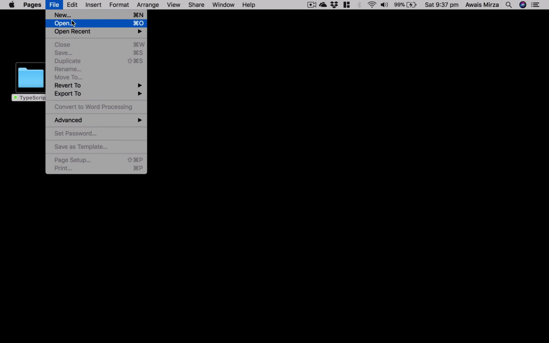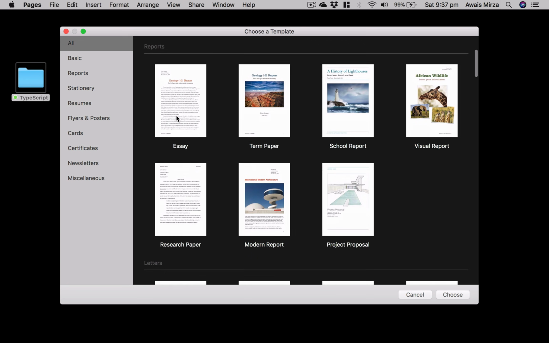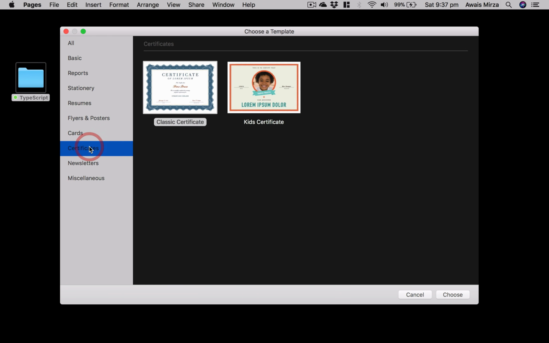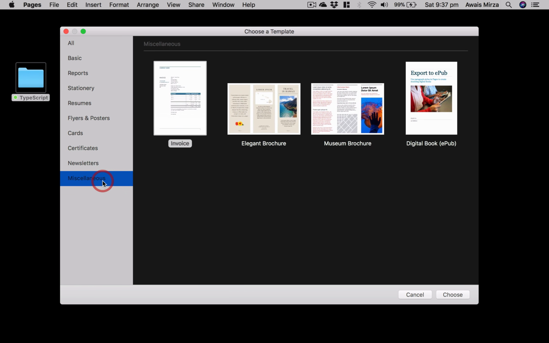So we go to the File menu and then click on New. Shortcut key for that is Control N. Let's click on that, and here we're going to look at all the templates briefly. For example, we have some certificate templates. So if you want to publish a certificate to someone, you can use a built-in template, newsletter, miscellaneous, and also we